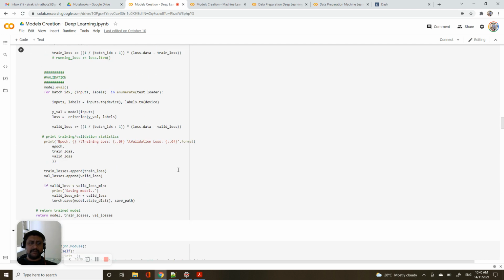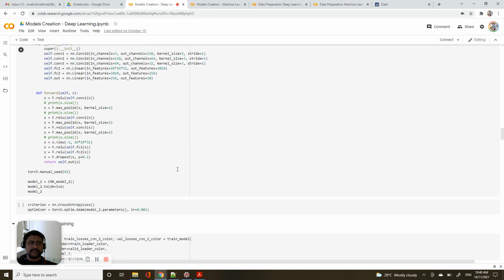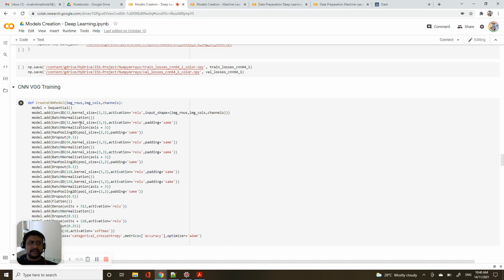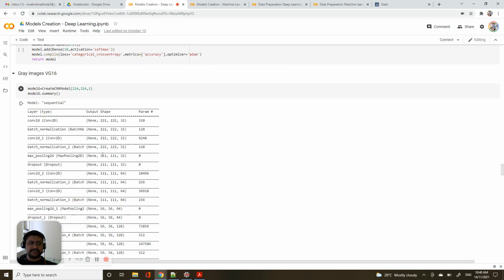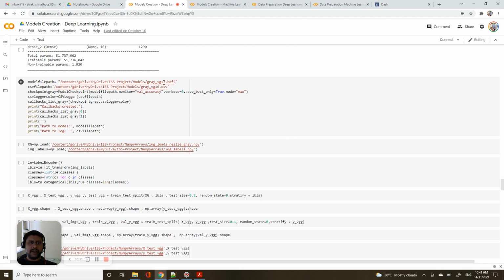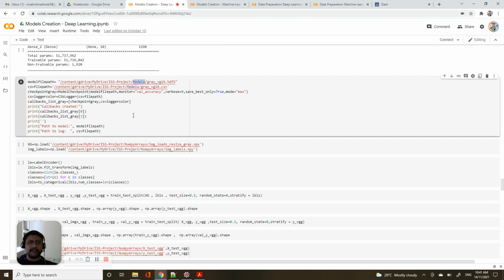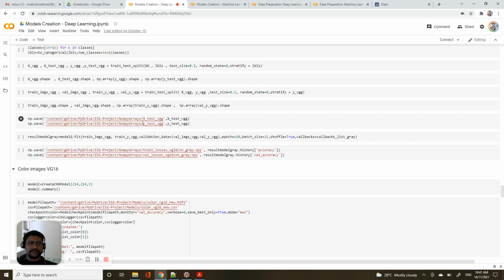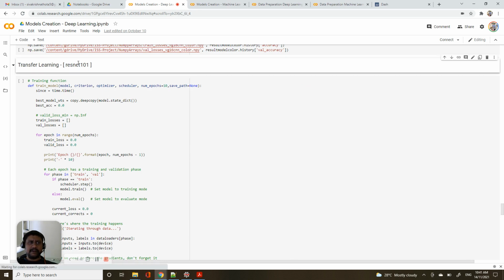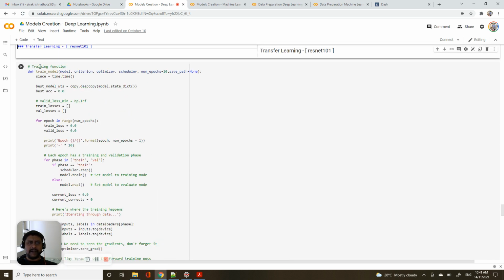This is the main train model and the CNN models, CNN VGG training. I'm saving the model into this model path. After training the model, I save it into this folder. This is the transfer learning for ResNet 101. This is the main train model.